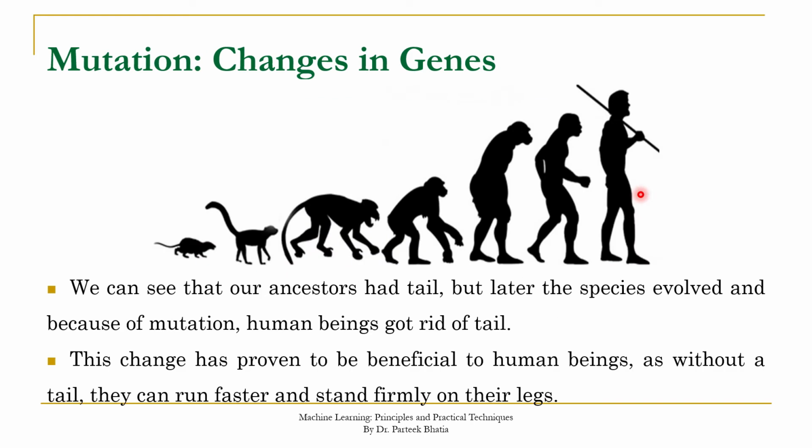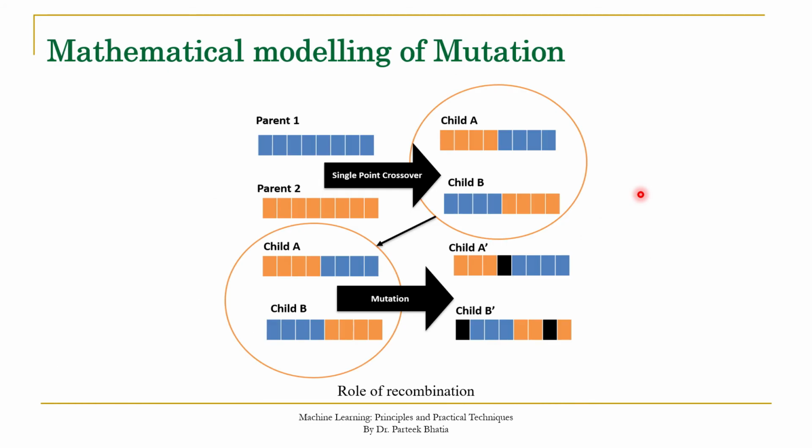But if the mutation is positive, then the population having that positive feature due to mutation will get more chance to survive, and they will get more chance to pass their genes to the next generation. So actually through natural selection, these genes will be passed to the next generation. So the processes of natural selection, crossover and mutation work in combination to produce an excellent generation of populations. Now in this session, we have to understand the algorithm for the implementation of mutation.